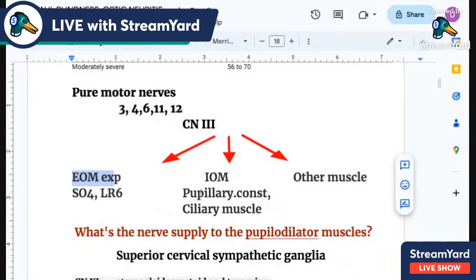What about the pupillary dilator muscle? Which nerve supplies the pupillary dilators? Pupillary dilators are supplied by